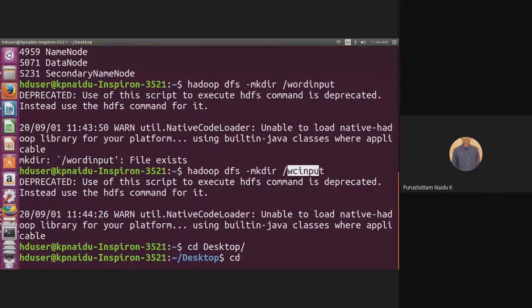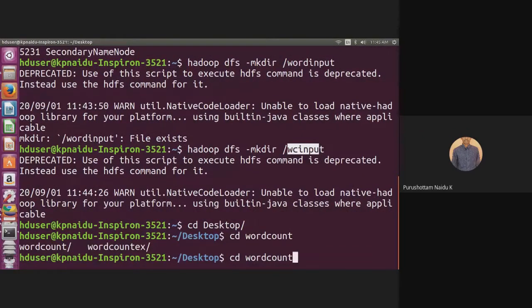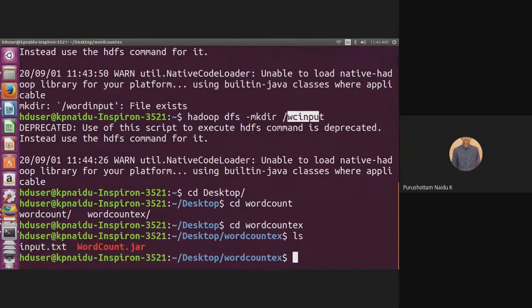Under desktop, we have one folder, wordcountex, that contains the input file and the word count jar. In this wordcountex folder, we have input.txt. This input.txt I have to move into HDFS, into the WC input directory.